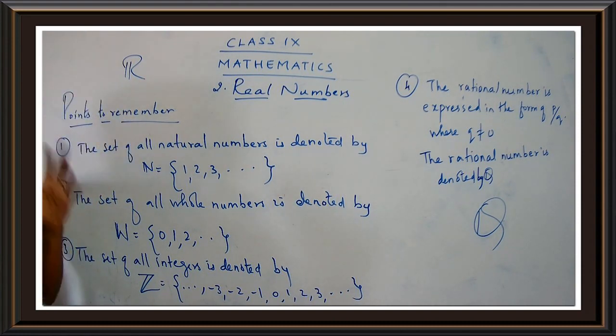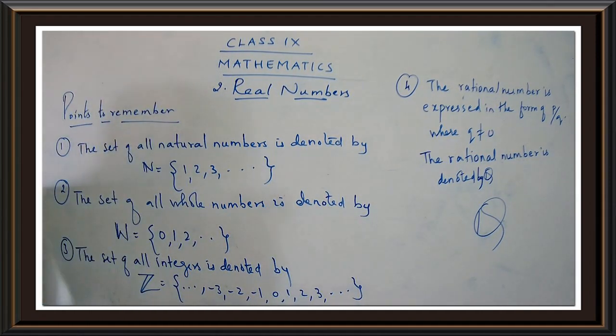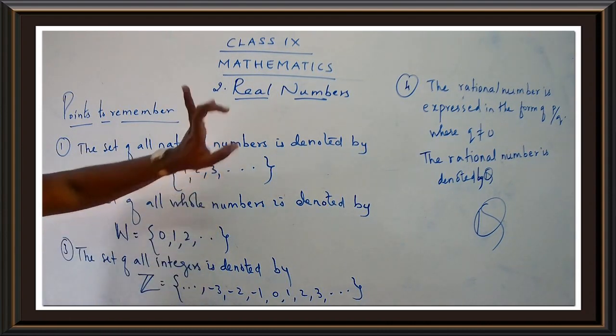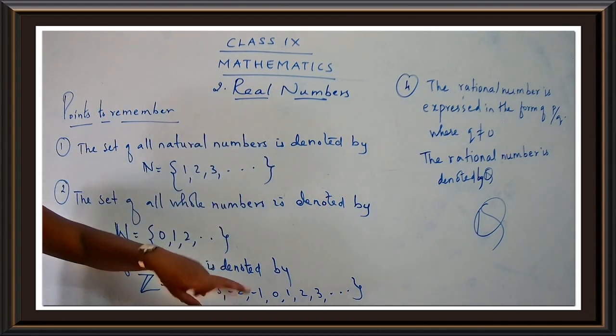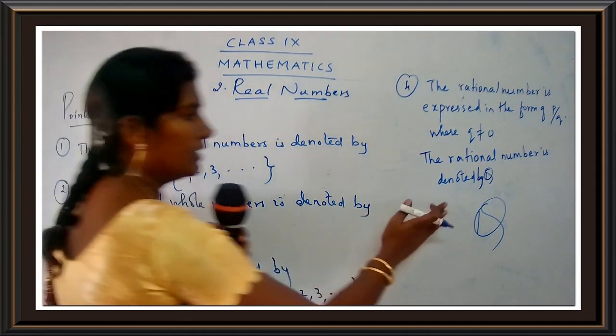Now what do you mean by real number? Actually, you people will be learning more in detail about real numbers and complex numbers when you go to your higher classes. Here, I would like to give you a small extra information which is not in your book. Okay, children? Now just see, children, all the numbers like natural numbers, whole numbers, integers, then rational numbers, then irrational numbers. Okay, I'll be giving you the definition for irrational numbers in the next class. Or you can just note down the definition over here.